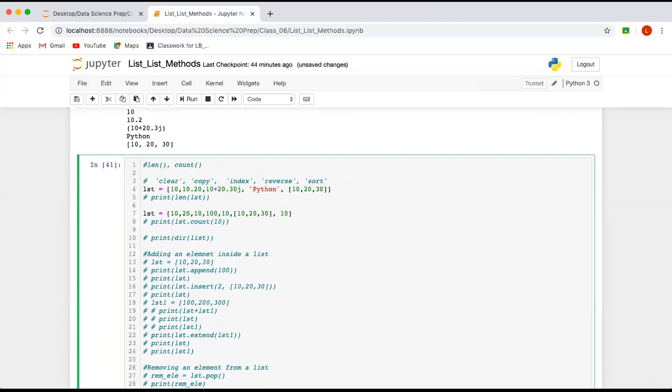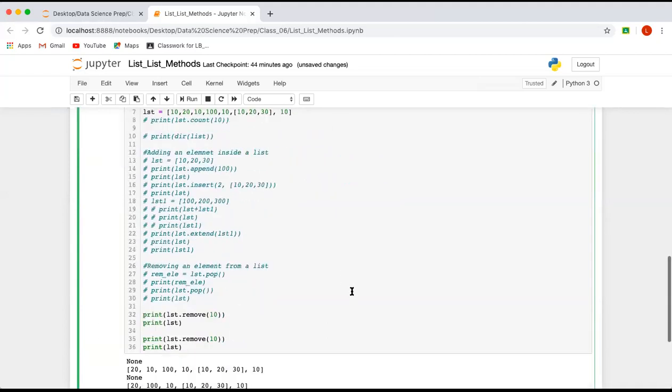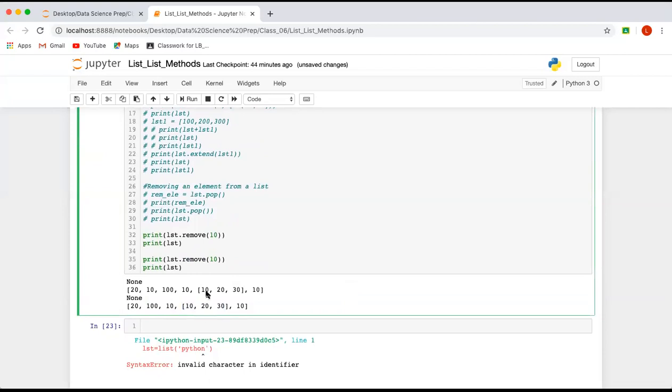Now the next: can we remove from the middle? Yes, you can remove from anywhere. If you know the element, and you want to remove this 10 specifically out of all these 10s, pop always removes the last element from the list, from the right hand side.